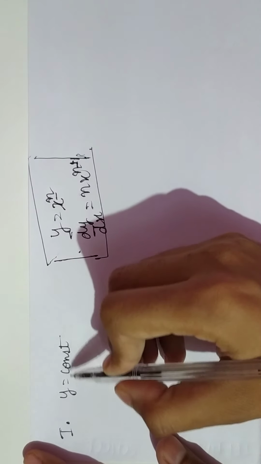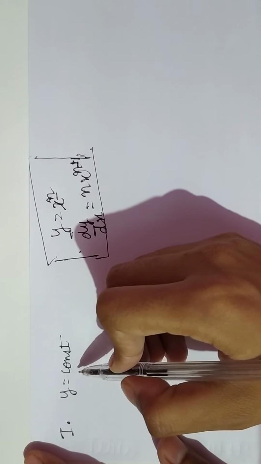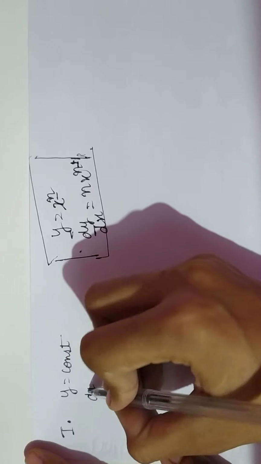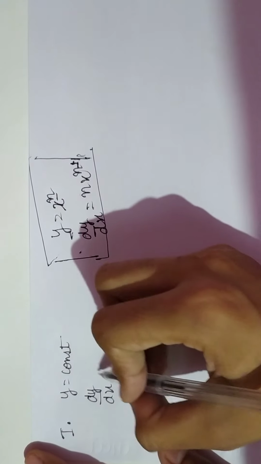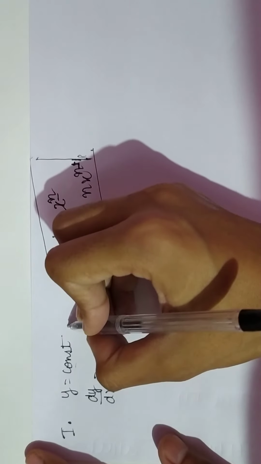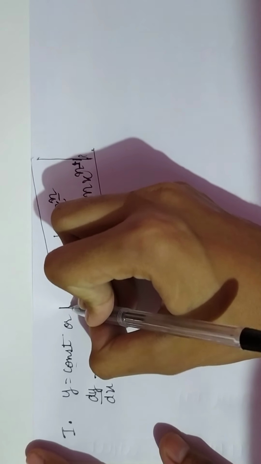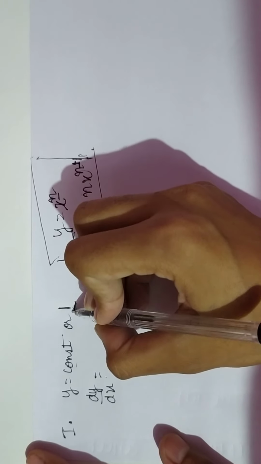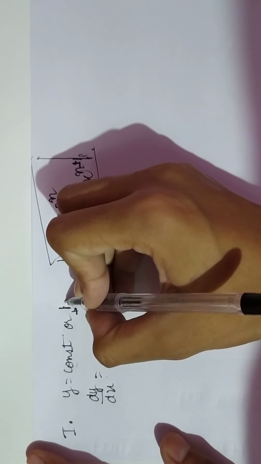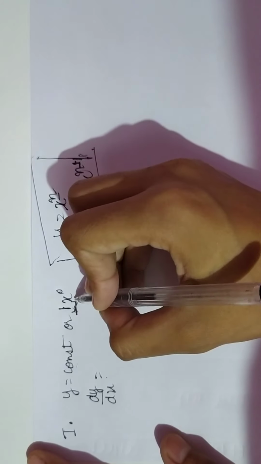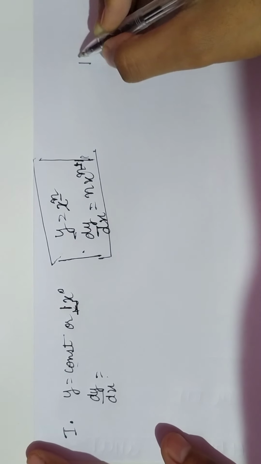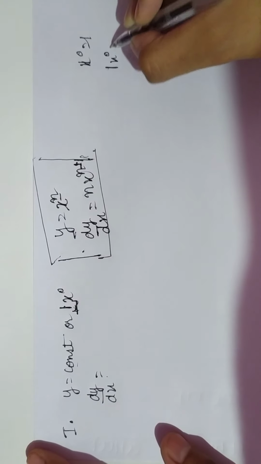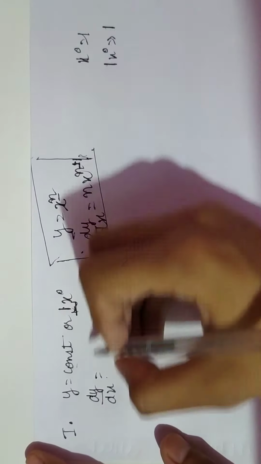Okay, so we can see this formula, and by this formula let us take one example, that is we are given y a constant value. If we want to differentiate this y with respect to x, we are given a constant value. Let us assume that this constant is given to us as 1. But how can we write this 1? We can write 1 as 1 x to the power 0. Okay, why? Because anything to the power 0 is always equal to 1. So if I am writing 1 x to the power 0, it means I am simply writing 1. Okay, so how can we write this?